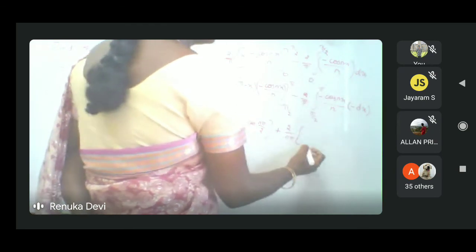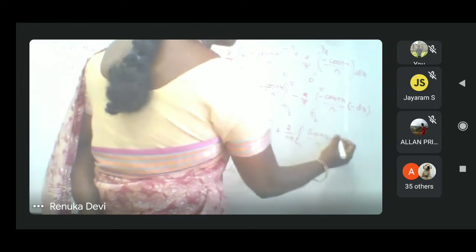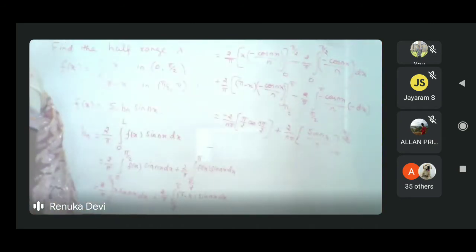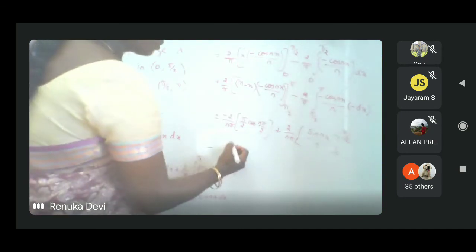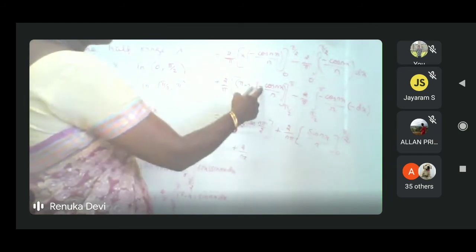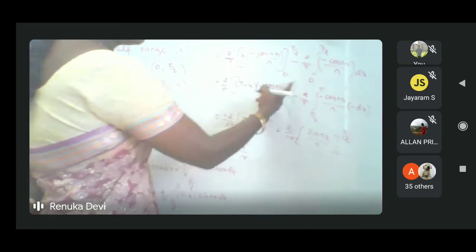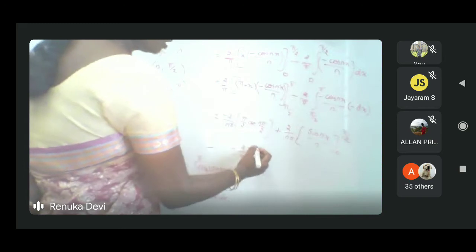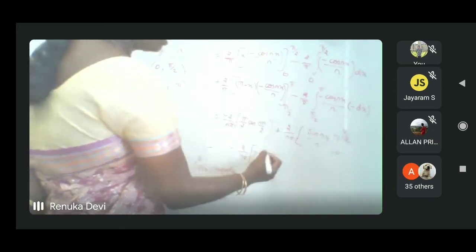2 by n pi. Integral of cos is sin nx, 0 to pi by 2. The same procedure you have to do, but with minus and a plus, you should be careful. So plus 2 by n pi. For why this plus, I take this minus outside, so it is minus 2 by, I bring this n outside. Now you substitute the upper limit, pi minus pi is 0. So when you substitute the lower limit, it is minus. I take this n also outside, so pi minus pi by 2.